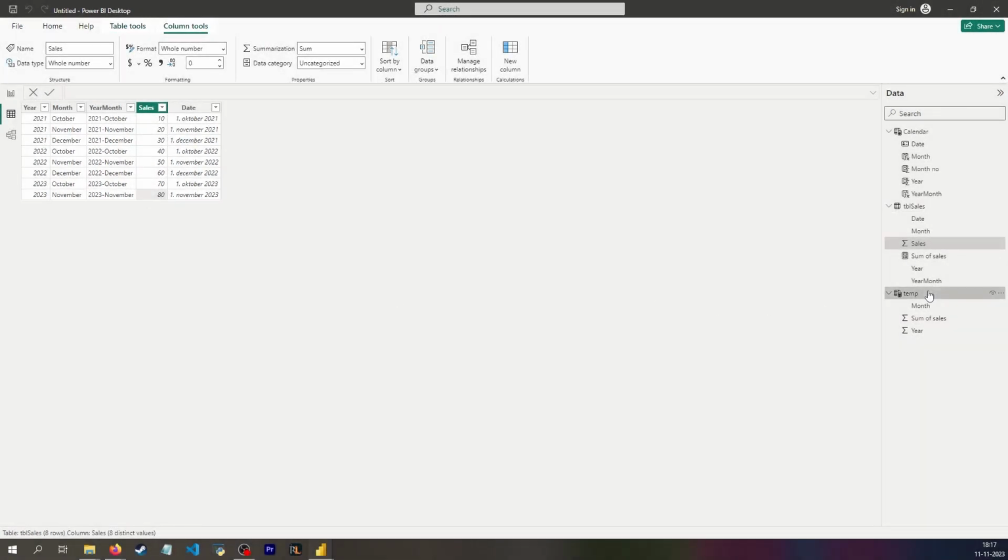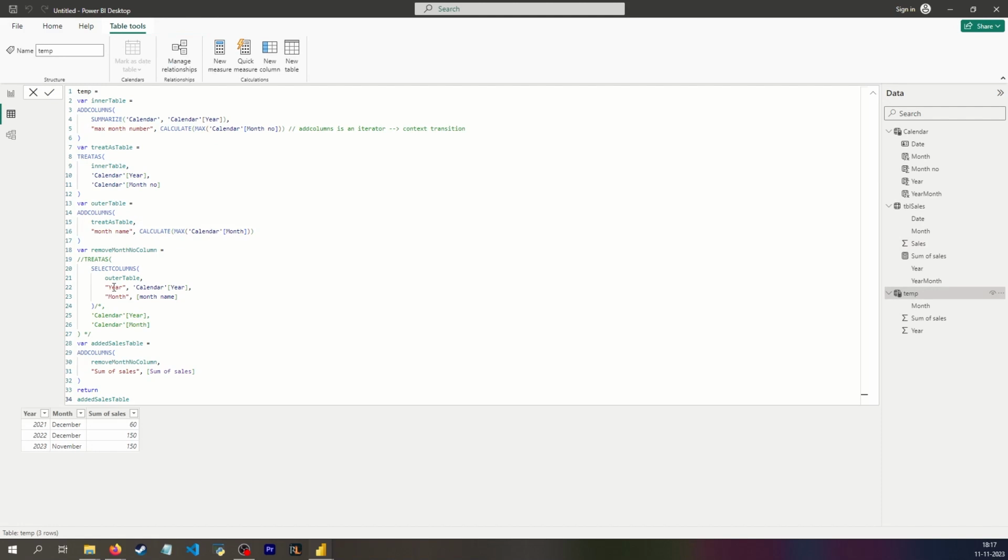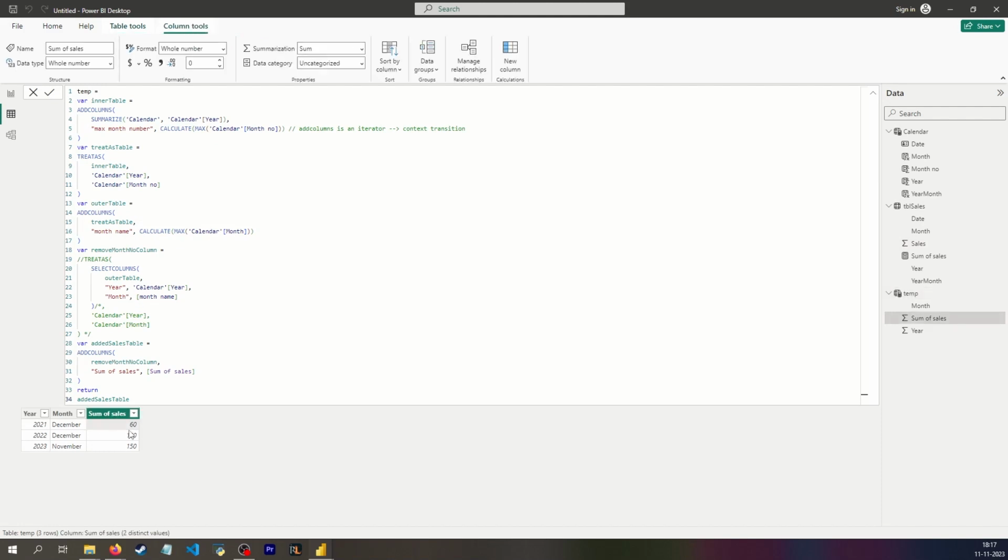And again, this is because I haven't added the TreatAs, so it doesn't properly understand how to add the filters, because December is actually summing all the rows for 2021, and likewise for 2022, it's summing all the months. But if I simply re-add the TreatAs, then it will work properly. And again, don't worry, the actual measure is a lot simpler, but I wanted to visualize it because now that